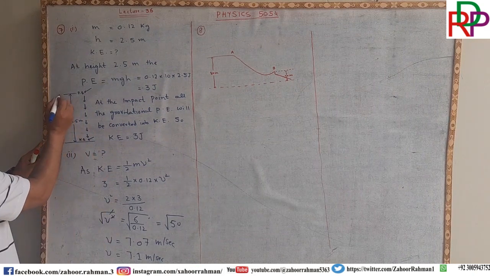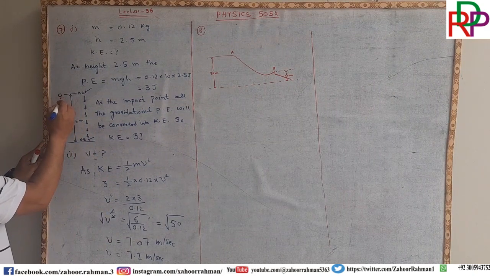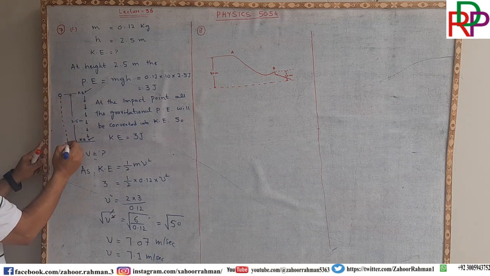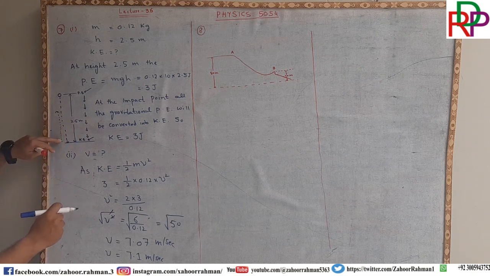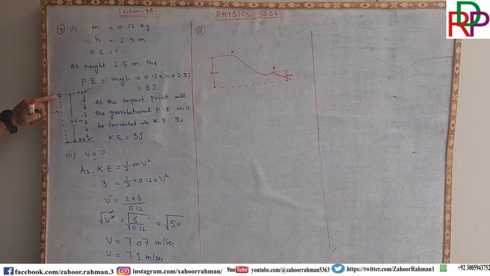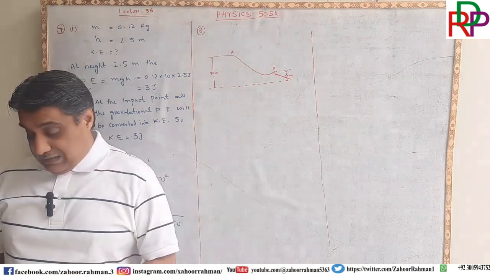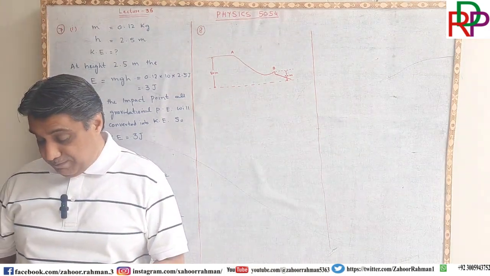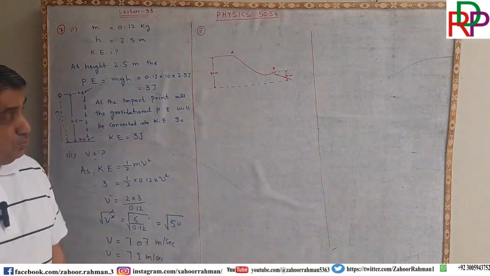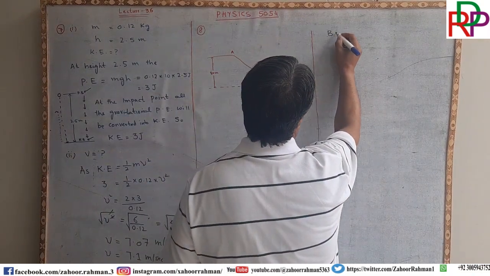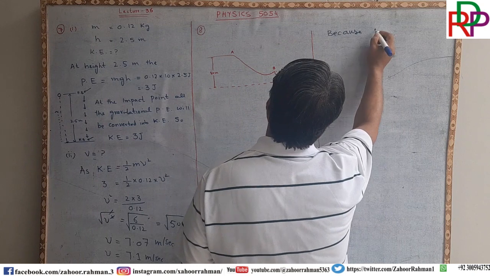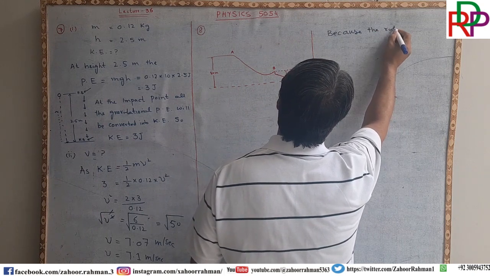When the ball is coming down, hitting the ground and bouncing back, it is not going to rise again to 2.5 meters high. Why? Because the upward motion in the ball has to do with... I am writing it here, because the rubber ball